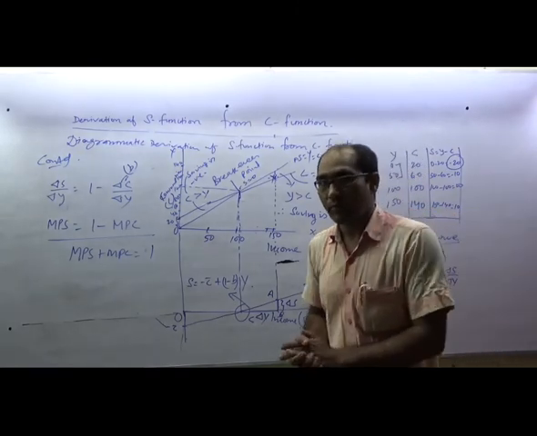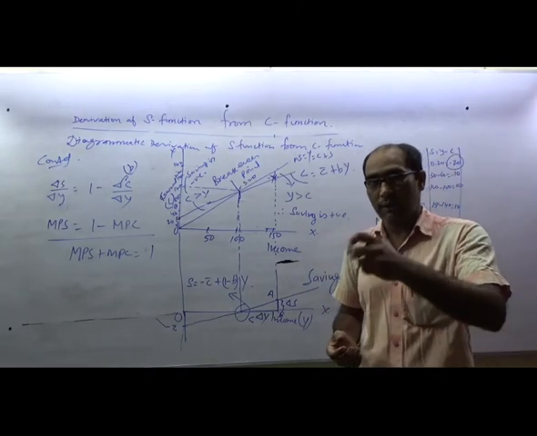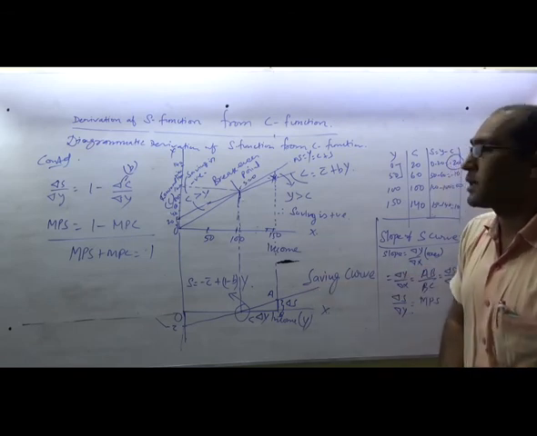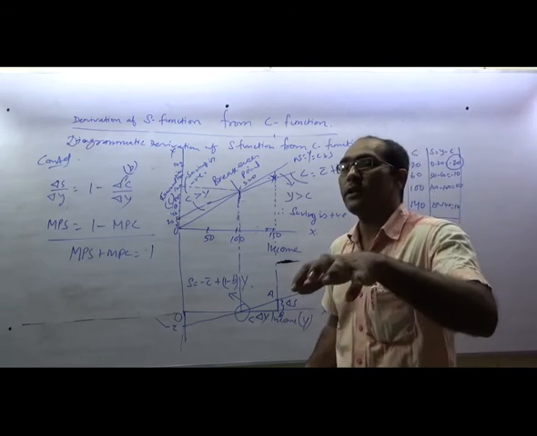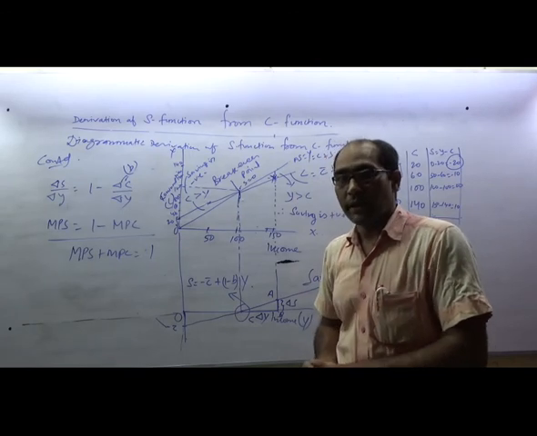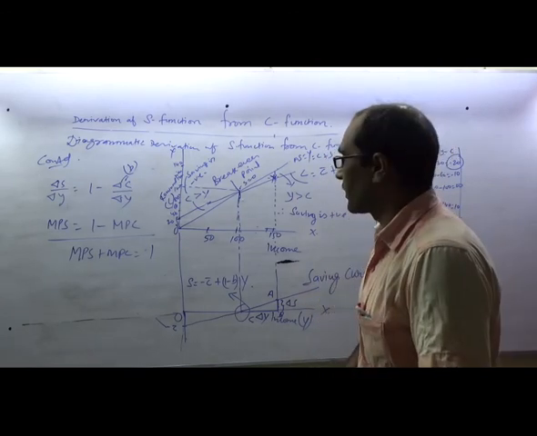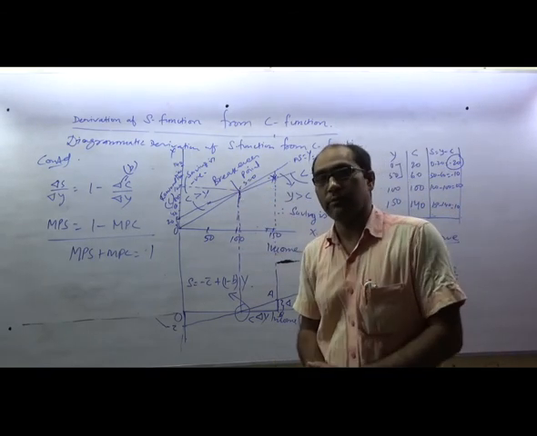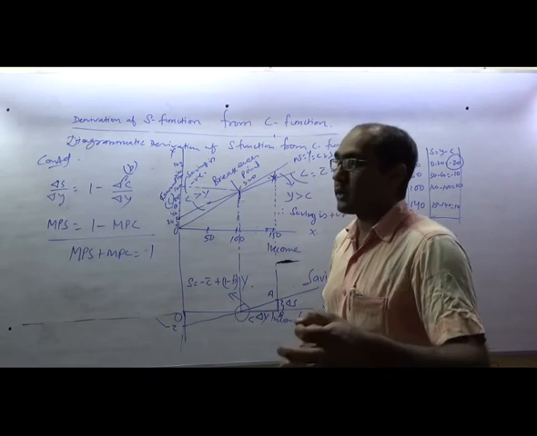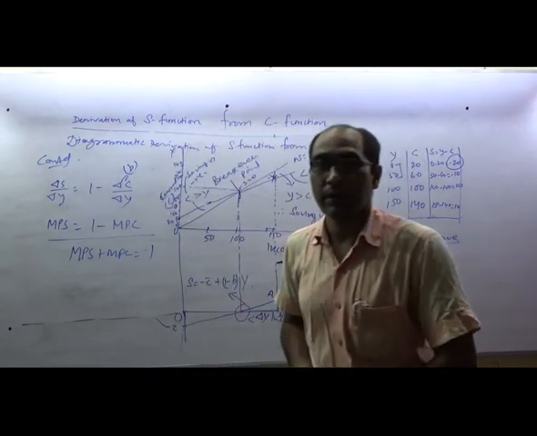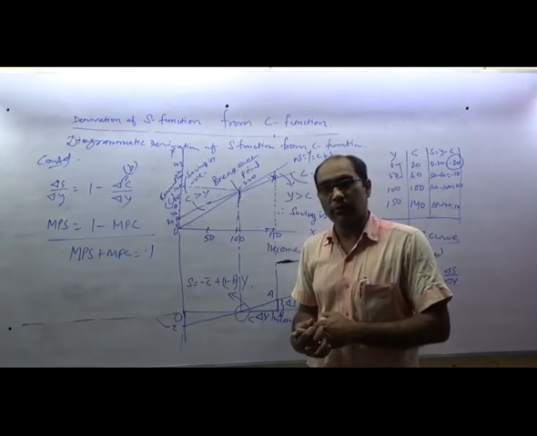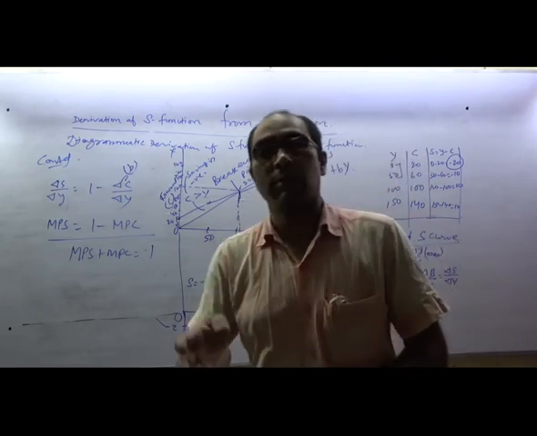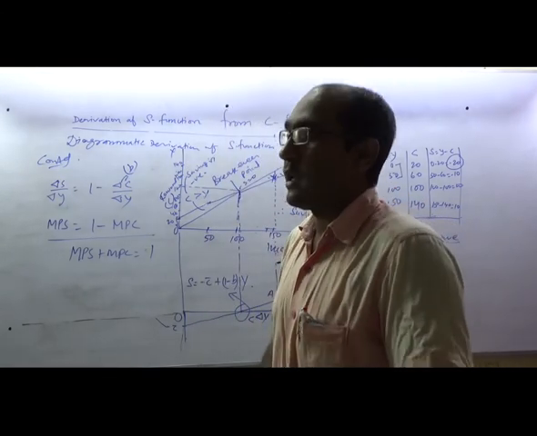So, dear student, see what you have to observe. You can calculate or get the slope of the S curve. The slope of the S curve is popularly known as MPS, marginal propensity to save. The slope of consumption is MPC, marginal propensity to consume. So if you would like to calculate the value of MPC from MPS, you have to deduct the value of MPS from 1. And if you wish to calculate the value of MPS from MPC, you have to deduct the value of MPC from 1.